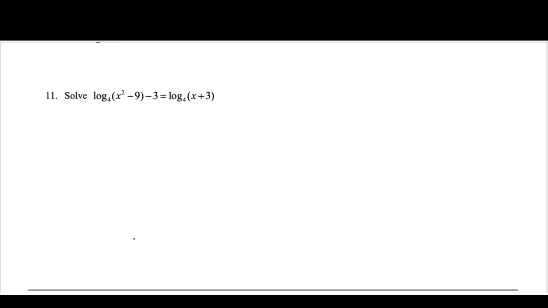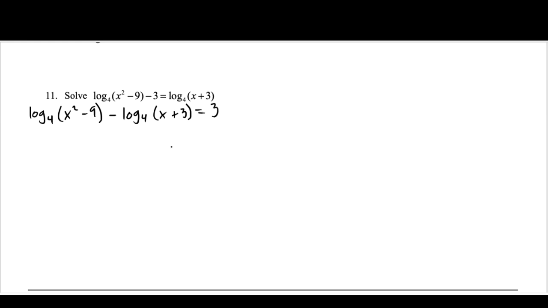And let's try this one here. Log base 4 of (x squared minus 9), minus 3, equals log base 4 of (x plus 3). We'll go ahead and rearrange terms, put the logarithm terms on the left and the constant on the right. So that will give me log base 4 of (x squared minus 9) minus log base 4 of (x plus 3)